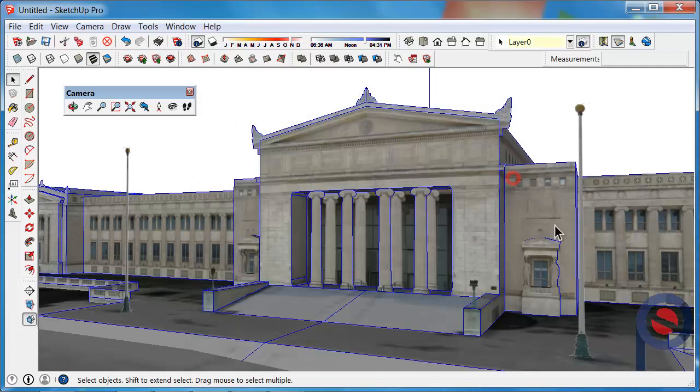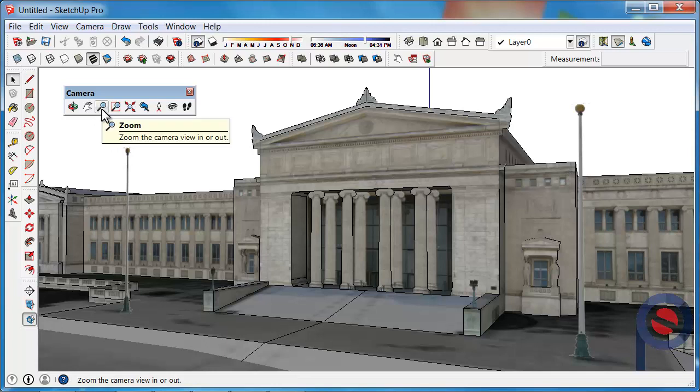Here is the Field Museum of Natural History. This was downloaded for the previous tips, how to orbit and how to use the pan tool. You can download this from the Get Models button on the warehouse toolbar, so you just click on that and then type in the name of the actual component, Field Museum of Natural History, and you can then download that into your scene. So to use the zoom tool, we can click on zoom,